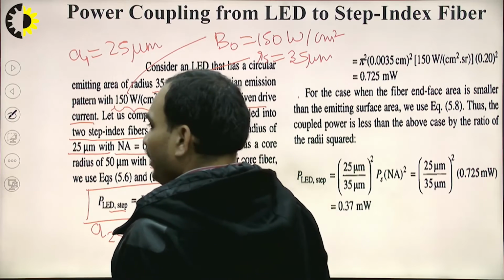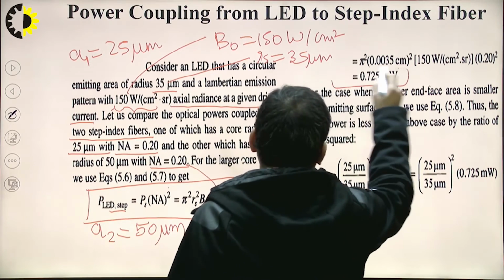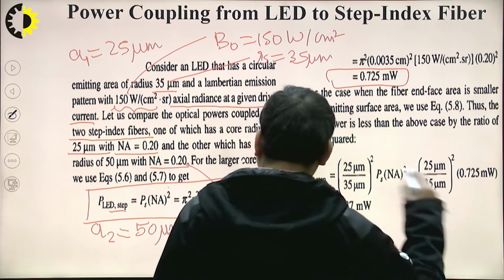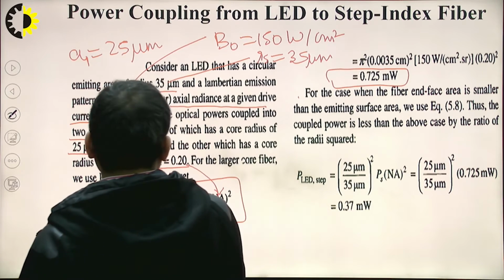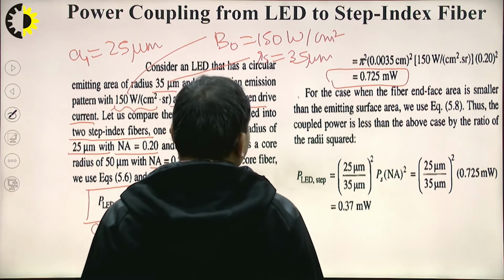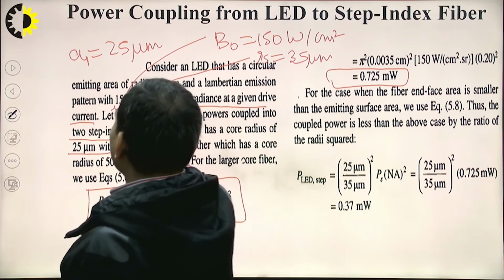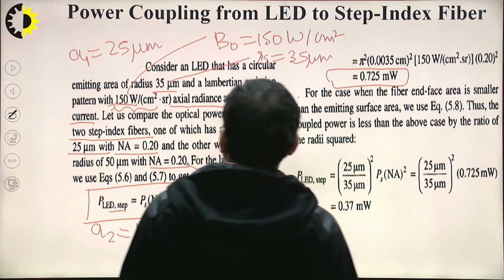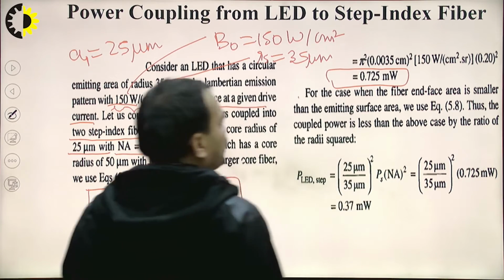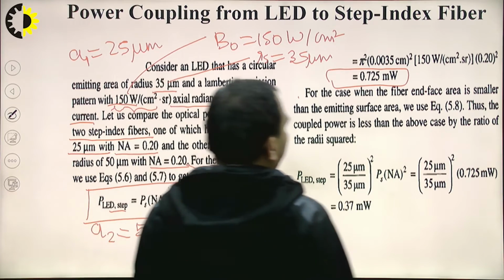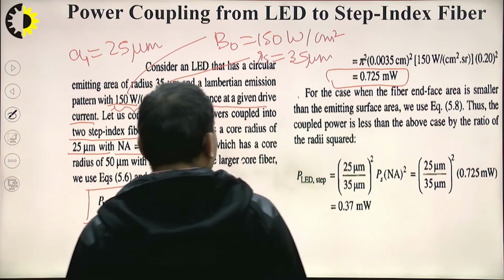So it is given by 0.725 milliwatts. So we are getting the power coupled from the source, that is LED, to the fiber is 0.725 milliwatts, and we can see that we have given the power of 150 watts. Okay. Now if we consider the second case, that the fiber end face with a smaller diameter,